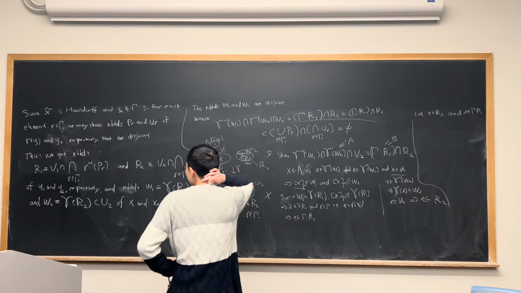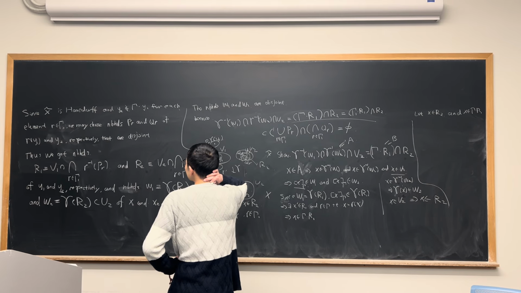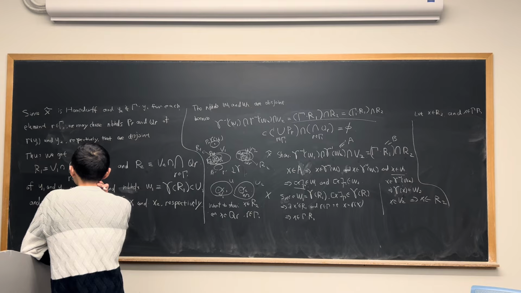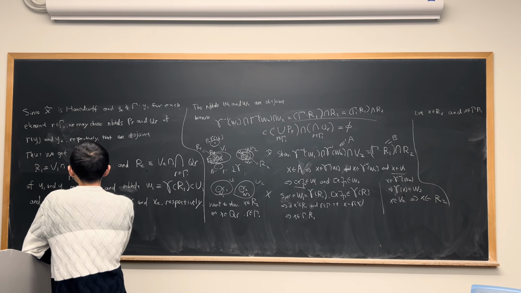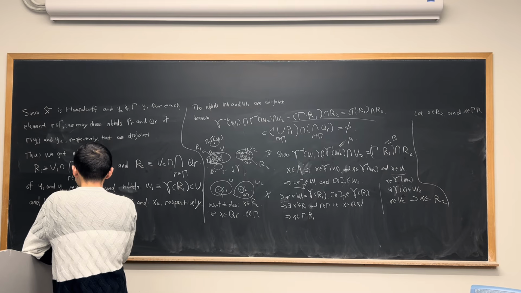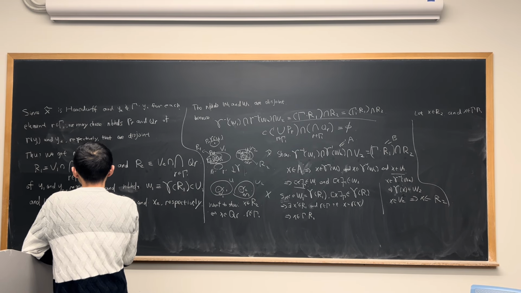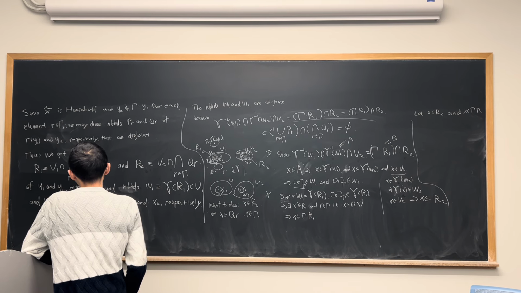This R1 is like pre-compact. So we know that this V1 is relatively compact, right? So if you take a closure,